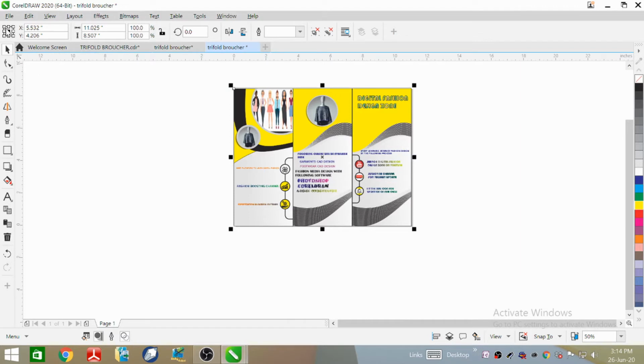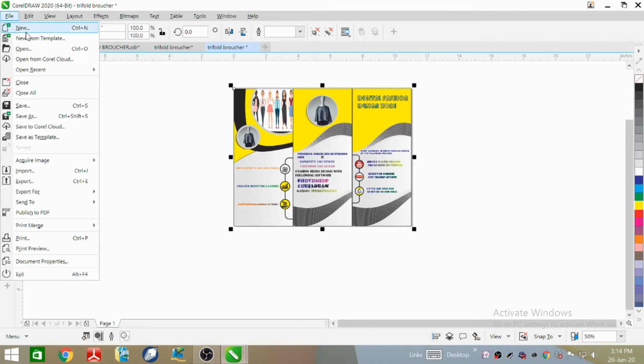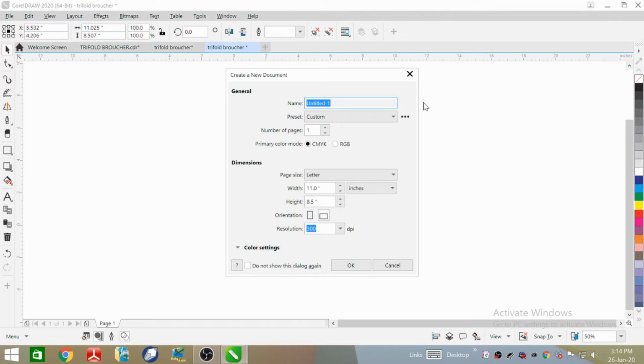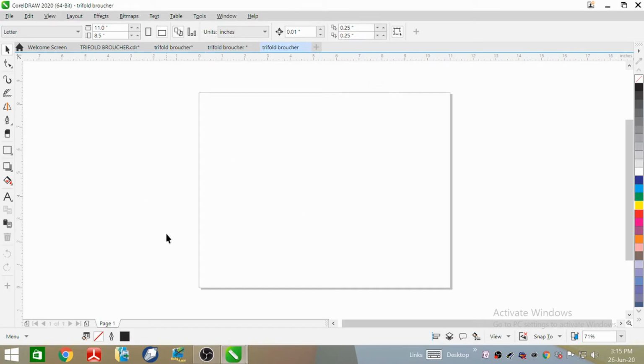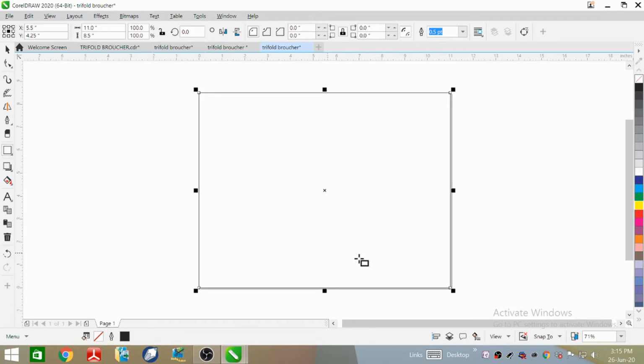So let's start. First of all you have to go to the file menu and select new, and after that you have to give the name of your target design as a tri-fold brochure. After that you have to select the color mode and then orientation and then resolution and then OK. Now you can see that this file has been created. After that we have to go to the rectangle tool, double left click over there, and after that you have to place from the keyboard,